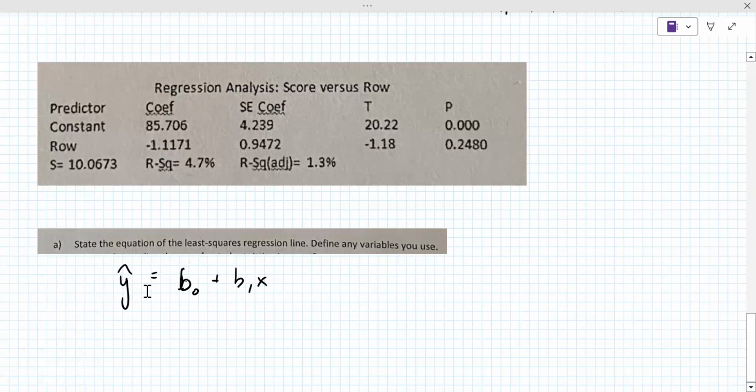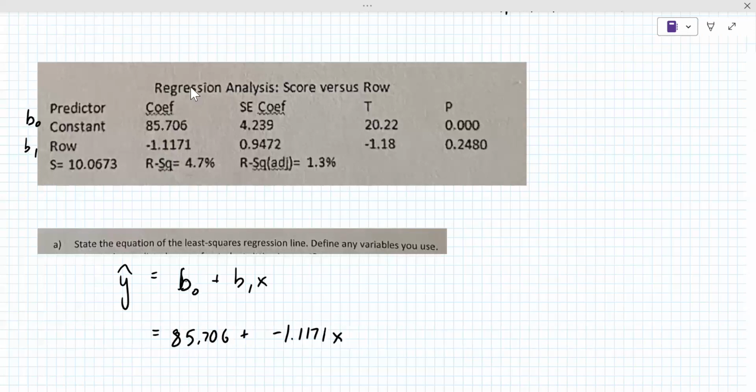So for the estimate, they're lowercase. For the null hypothesis, it would be beta. But for the actual least squares equation, it's from the model. So the constant is b0, row 1 is b1. Okay. You just have to grab those values from it. Okay. Minus